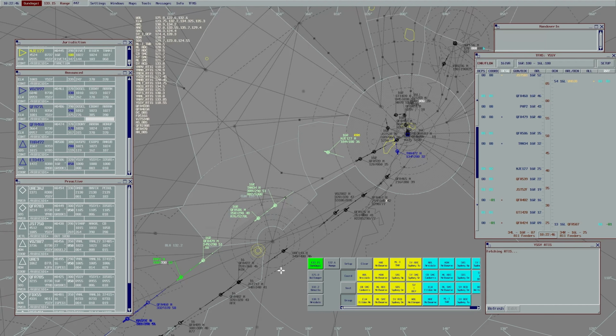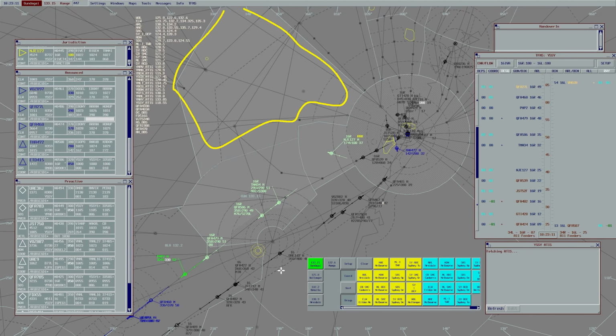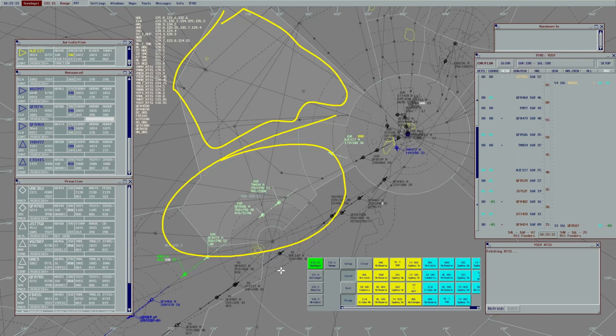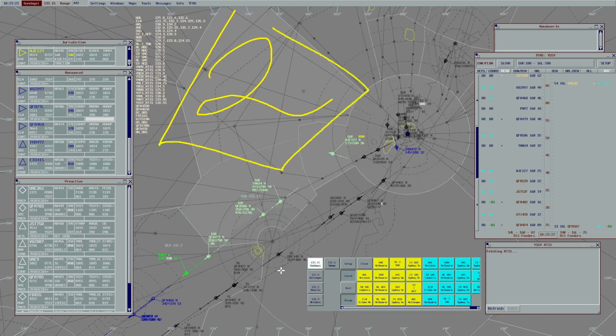Might be a good time to mention that the display setup I have at the moment is alright. It's best to have 50 miles on all sides of the airspace. There are SOPs on this, which I'll link in the description of the video. Do what you can with your monitor setup. Obviously in this particular scenario, I don't care about Katoomba, the sector at the top. So ideally I would not be controlling this sector at all, because I care about the sequence that's here, not this area of airspace. But of course you can't get rid of it because it's part of the standard sector for Gundagai. So when you do have dead airspace that you don't care about,